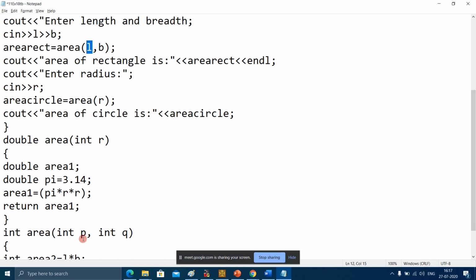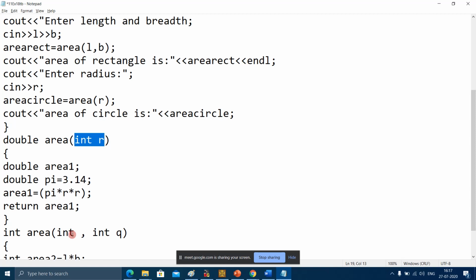So it will not matter whether you take P and Q here? Yes, it doesn't matter, because if I take L here, it will be local to this function. It has nothing to do with the main function. It is local to the area function and limited to it only.